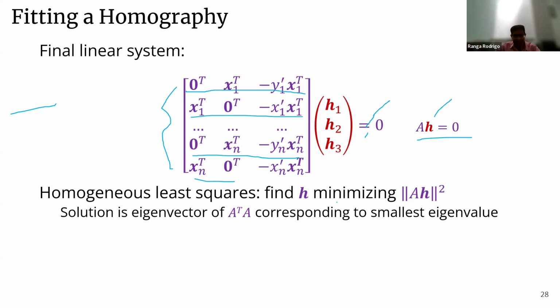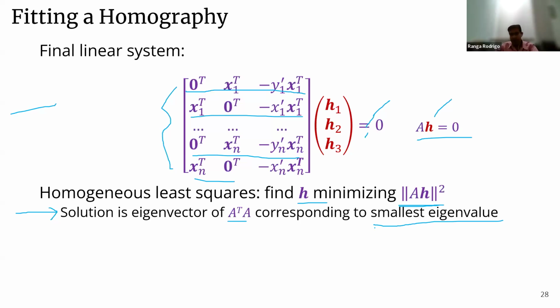We have to find h minimizing the norm of Ah squared. This is a well-known theory. A solution is the eigenvector of A transpose A corresponding to the smallest eigenvalue. All the numerical packages will have a way of obtaining this. So we can use singular value decomposition in